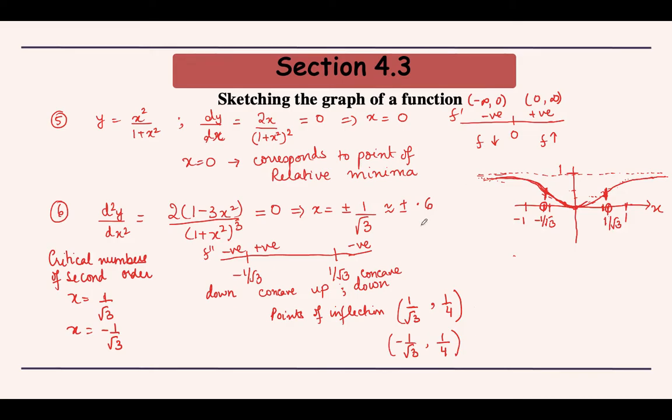After this, what information we have from the second derivative tells us that approximately at minus 0.6 and 1 by 4, which would be somewhere here, and plus 0.6 and 1 by 4, which is somewhere here, the concavity behavior changes from being up to down on the right side, and on the left side it is down first and then it changes to concave up. So this is how roughly we can draw the shape of the graph which passes through the origin.